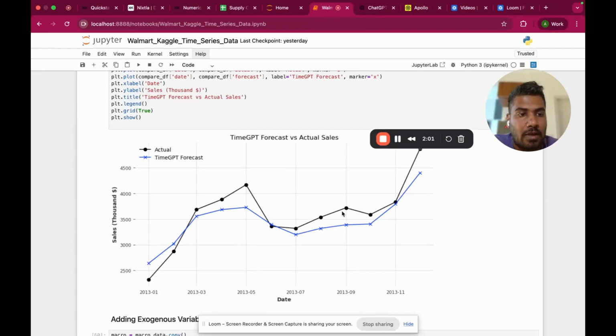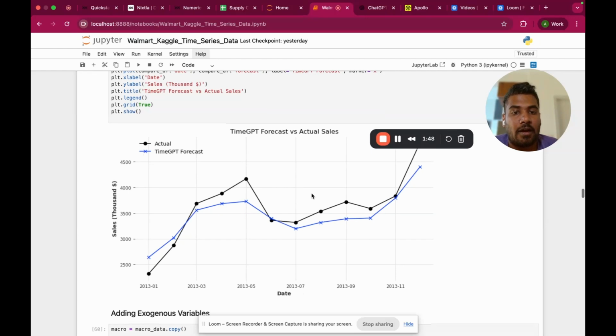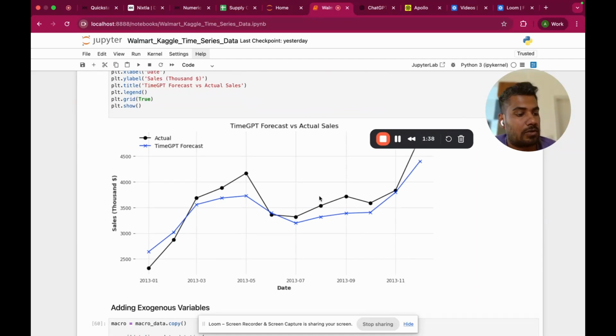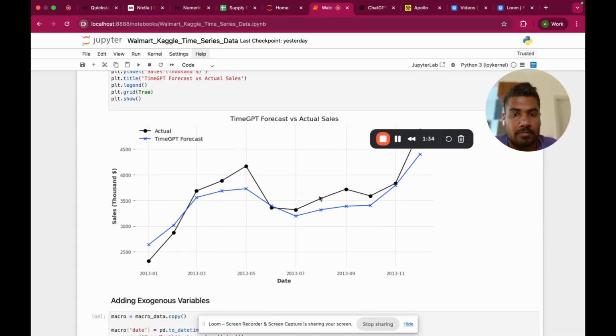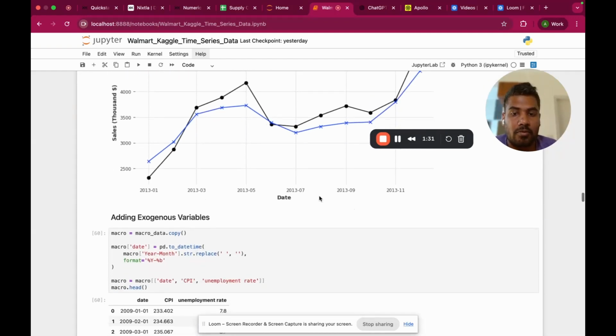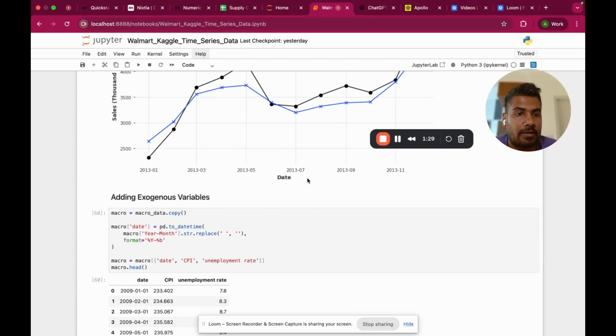That's kind of understandable because we have not included any of the exogenous variables in the model, right? Like holidays, macro, and weather. And it's likely that it's these events that are driving some of these spikes in the data, right? And if you forecast without accounting for these, then you'll likely be understocked during these key events, and lose a substantial amount of sales for the business, right? So yeah, in the next video, I'll discuss adding exogenous variables and how they